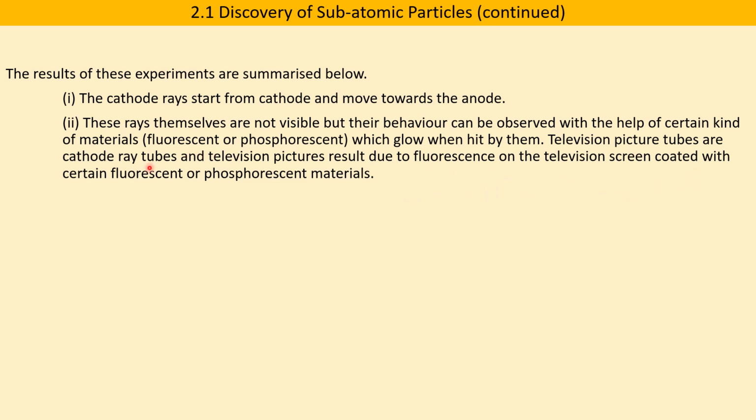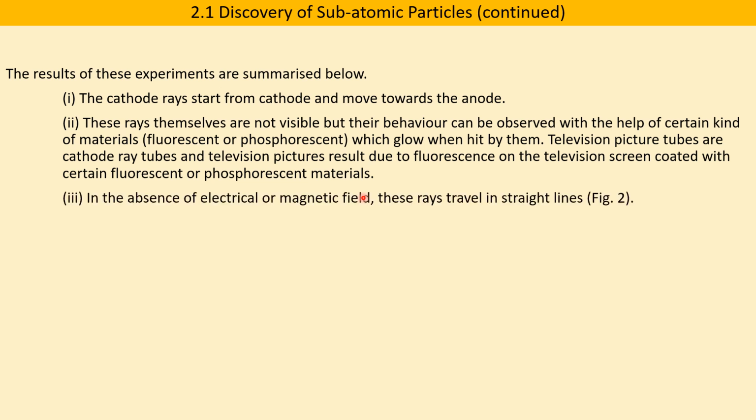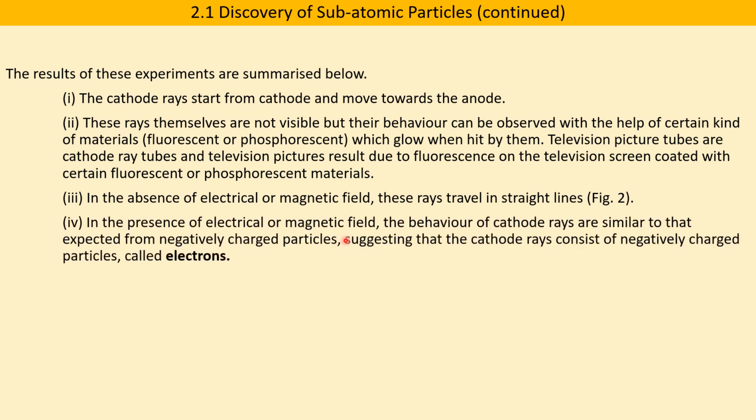Television picture tubes are cathode ray tubes, and television pictures result due to fluorescence on the television screen coated with certain fluorescent or phosphorescent materials. In the absence of electrical or magnetic field, these travel in a straight line. In the presence of electrical or magnetic field, the behavior of cathode rays is similar to that of negatively charged particles, suggesting that the cathode rays consist of negatively charged particles called